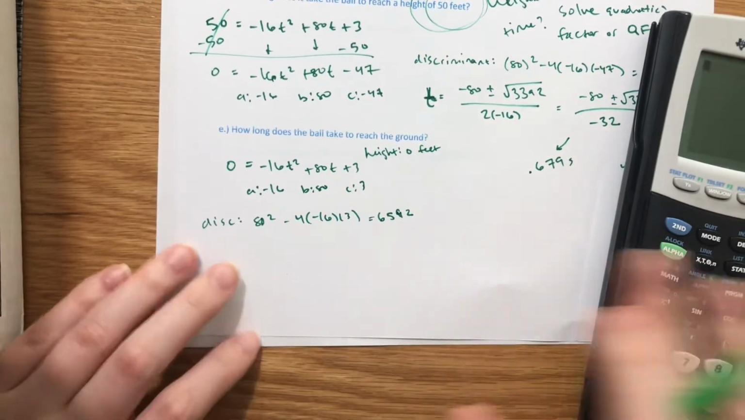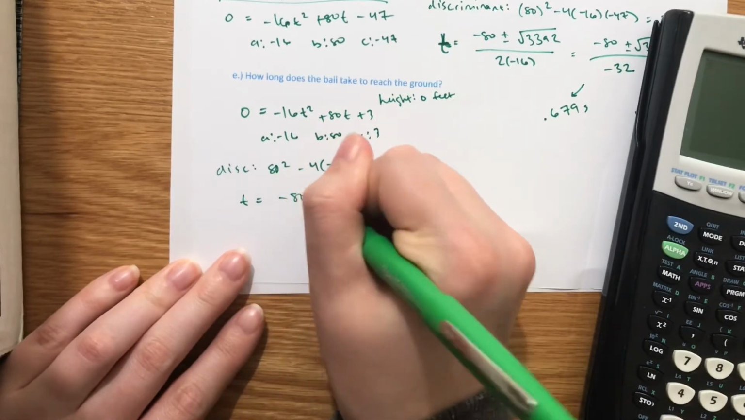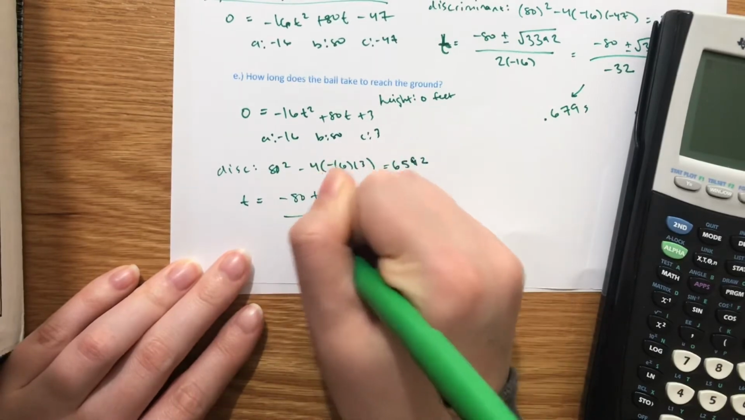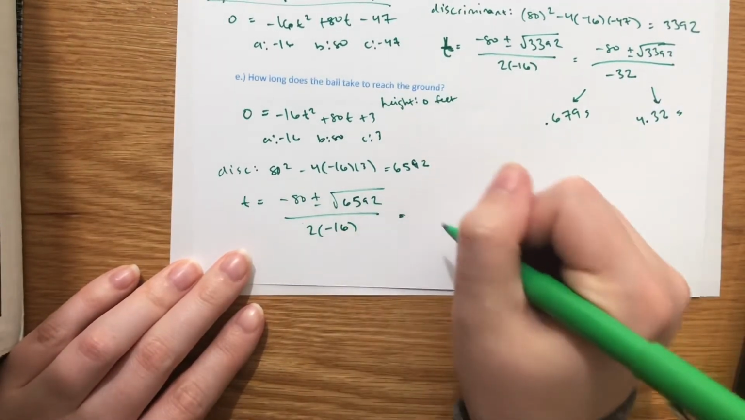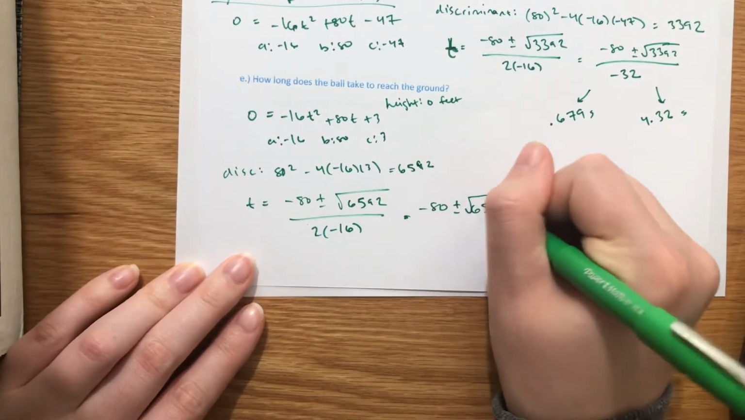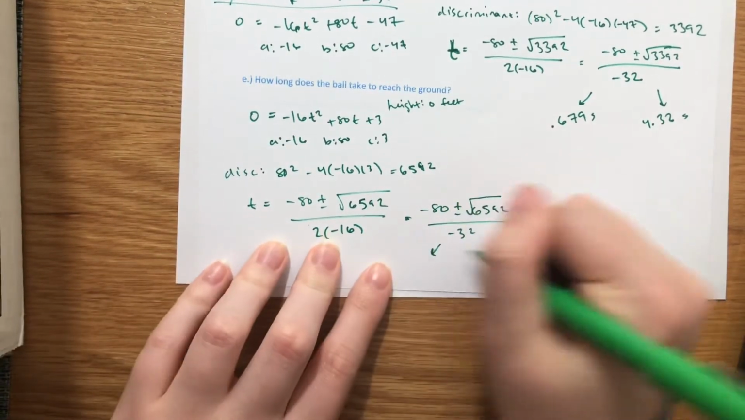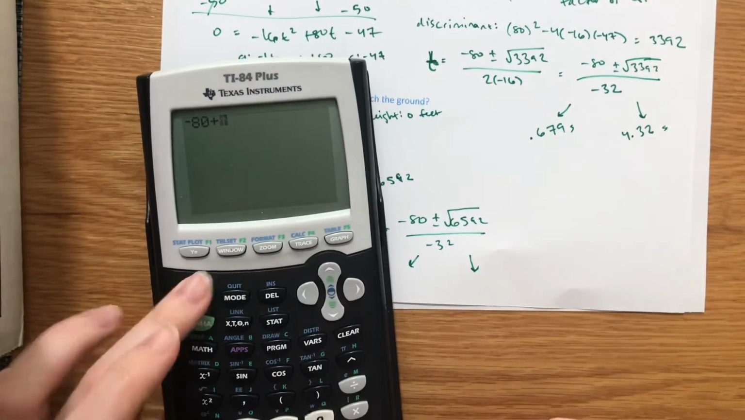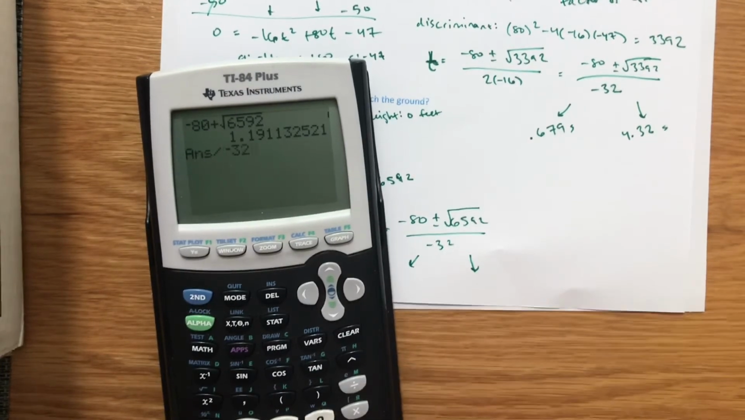All right. Plug into the quadratic formula. T equals negative b, so negative 80, plus or minus the square root of 6592, all over 2a. Not much changes from the last problem except for the discriminant, because we're solving for a different time. Negative 80 plus or minus the square root of 6592 over negative 32. So then find your two answers, add and subtract. Negative 80 plus the square root of 6592 divided by negative 32